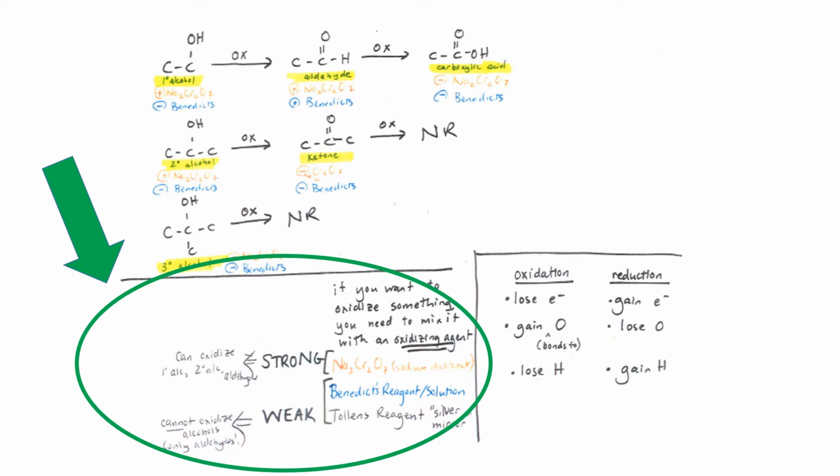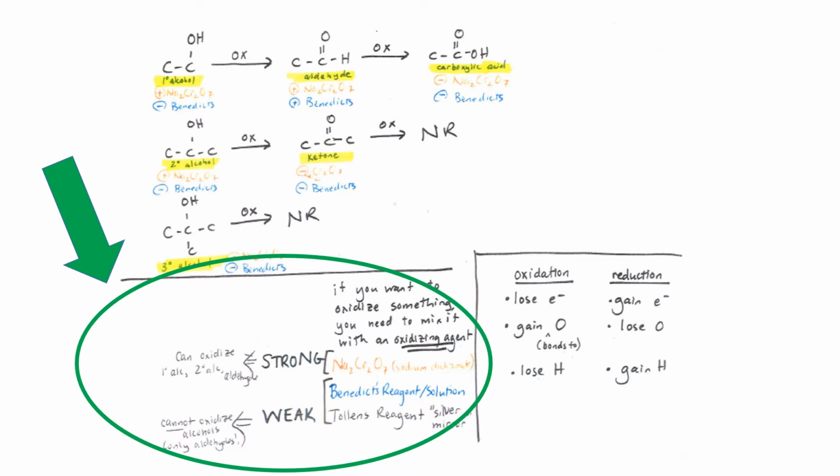I've written them in the color that they actually exist. The sodium dichromate solution is a bright orange. It's actually the dichromate ion, the dichromate anion, that's doing the oxidizing. Sodium is just a spectator ion. In other words, potassium dichromate would also work, but we most commonly work with sodium dichromate, which is bright orange. It's an oxidizing agent. The second common oxidizing agent we work with is Benedict's.